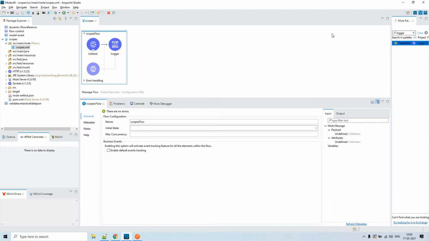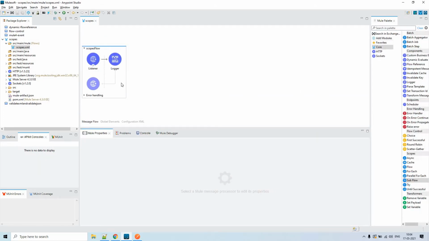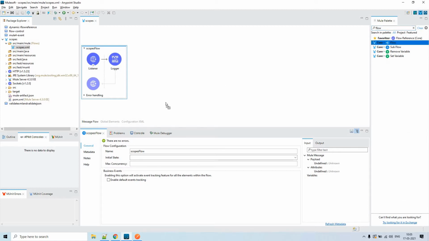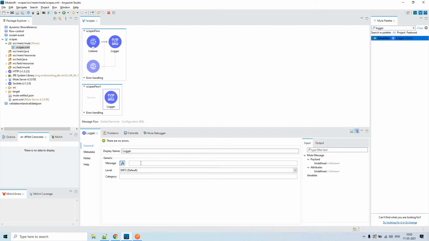Okay, remember. And now, for example, what is a private flow? A private flow is similar to a flow, but the only difference is it will not have anything in the source section. A private flow is also built with the flow connector, by dragging it onto the canvas. Now I'll not put anything in the source section. I'll put a logger component inside the process section, with the message "response from private flow". This is the static content I have kept here.